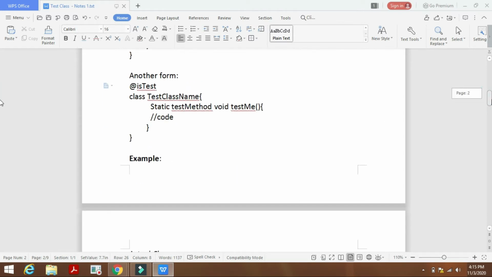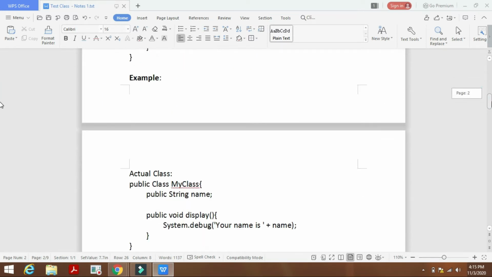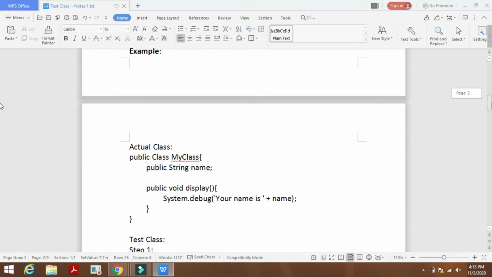Okay, so next we'll move on to the first example, and we'll execute this in the Developer Console first. First let's take this class.